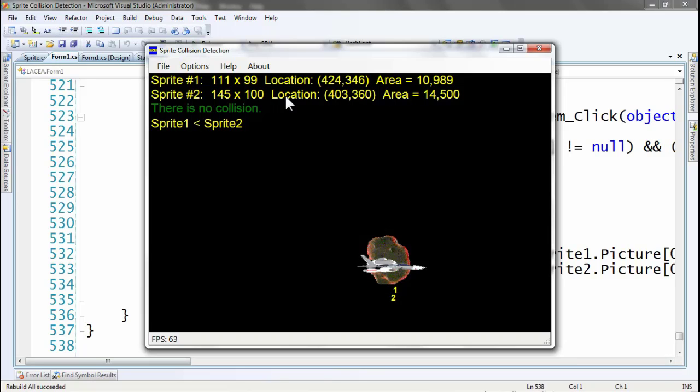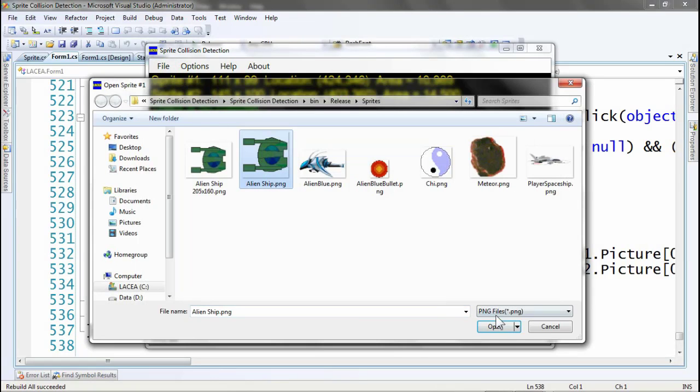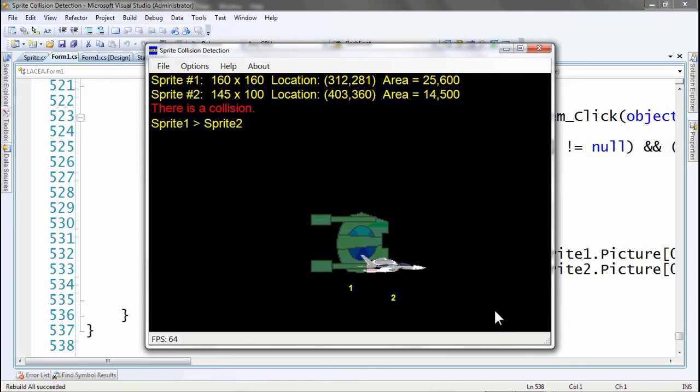Next, let us test another pair of sprites. Let us open and load the first sprite. Next, let us open and load the second sprite.